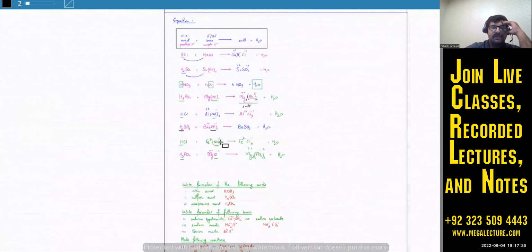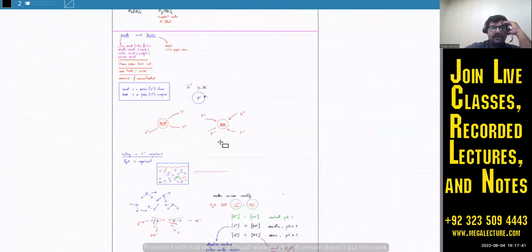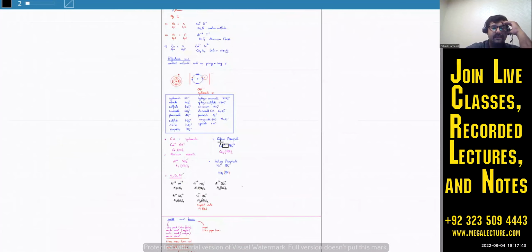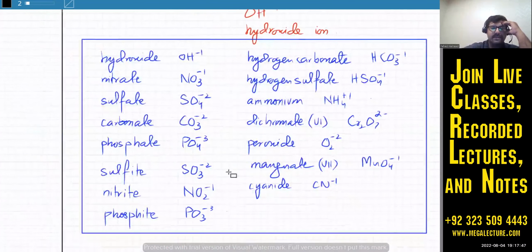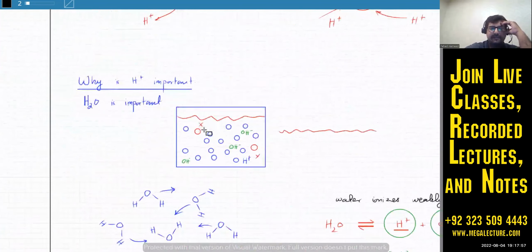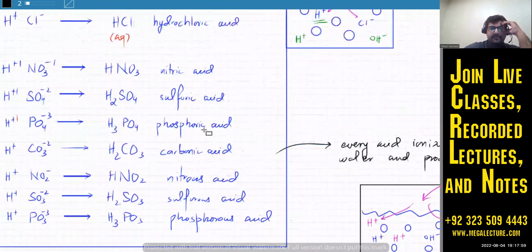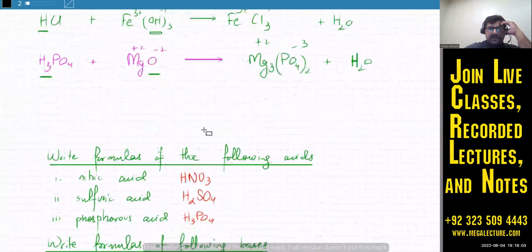Okay, if you go back to this part, which one is the carbonate ion? Carbonate is this one. It's CO3 and the charge on this ion is -2. Okay, that's what a carbonate is. So if we go back all the way,